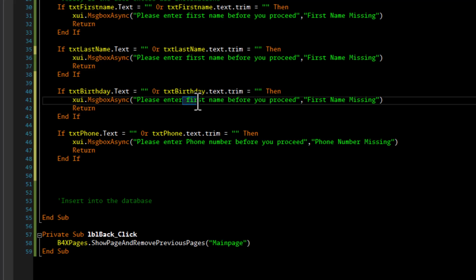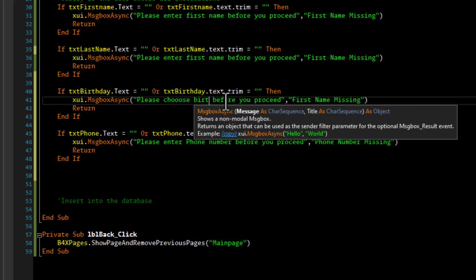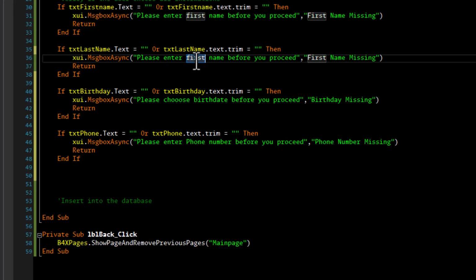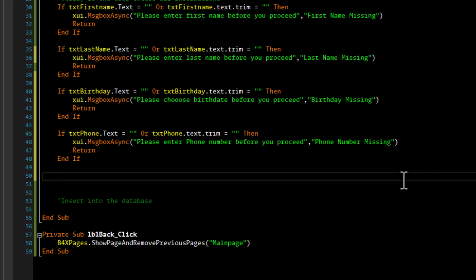This one too, please choose birth date before you proceed. Birthday missing. And then this one, last name. Last name missing. Great. So this is just a simple